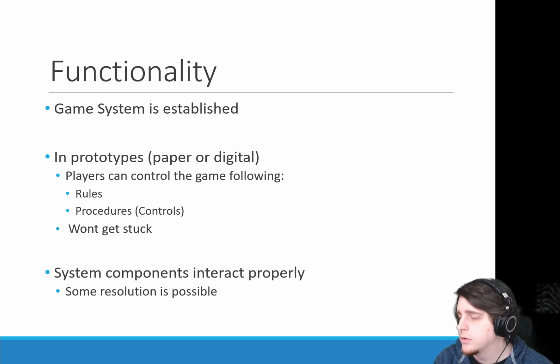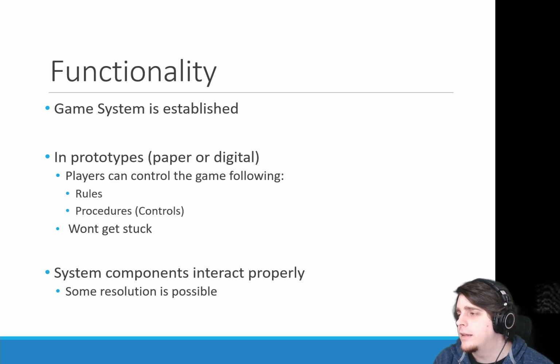They can be digital prototypes if you're using tools like SpriteLib or Unity or Game Maker Studio. But regardless, you want your players to be able to control the game or interact in some way, following the rules of the game that you've set out, using the procedures and the controls that you have to work with